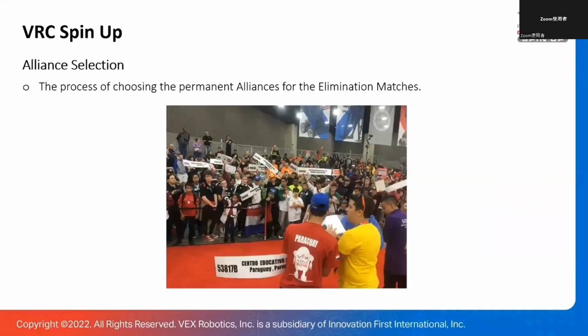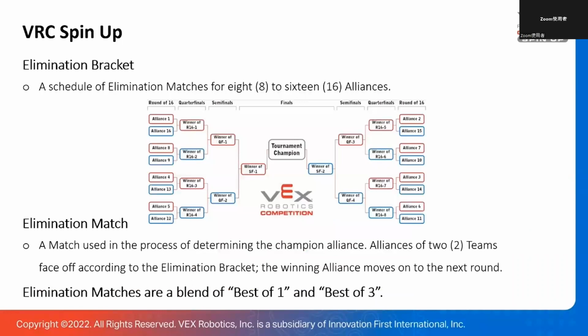Before elimination matches, there is an alliance selection process for the higher ranking teams at the end of qualification matches to choose their permanent alliance partner for the elimination matches. After the alliance selection is finished, the elimination matches will be played according to the elimination bracket. The number of alliances in elimination matches is decided by the event partner according to the event capacity and schedule. Elimination matches are a blend of best of 1 and best of 3, depending on division setting and VEX World